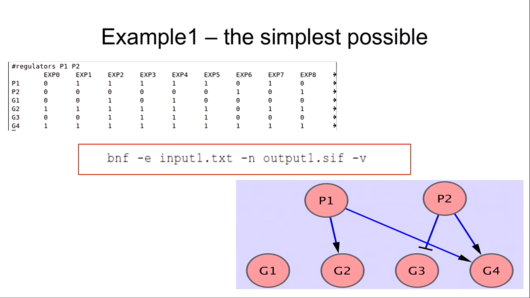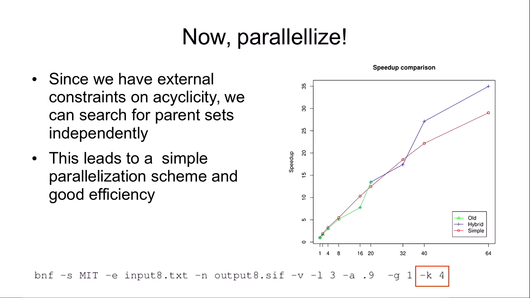And then there's a command line version of the tool. So BNF is basically shorthand for BNFinder, and you can specify that you want to use this file, and then it outputs the network that is visualized at the bottom. This is done with Cytoscape. So that's fairly easy. You can do this actually in parallel on a number of